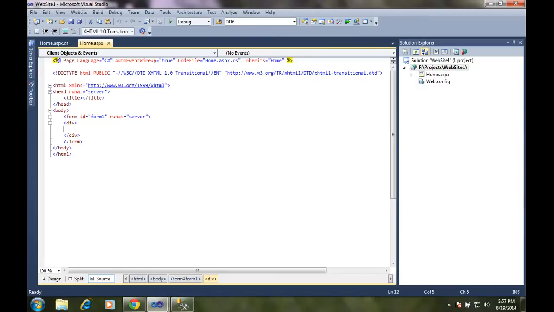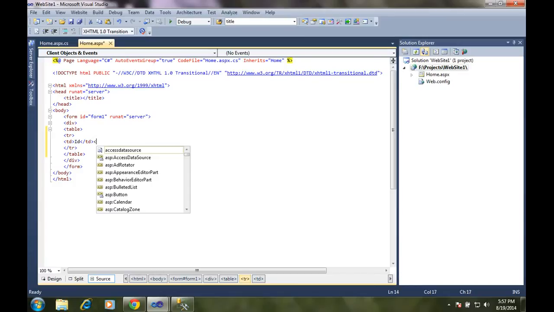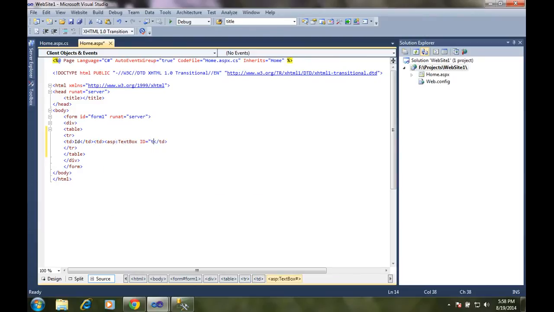Just add a table, just one table is enough. ID, run at server.